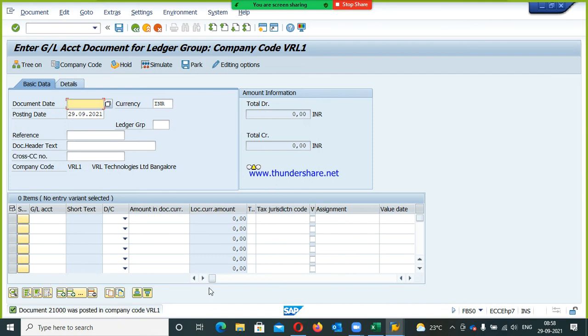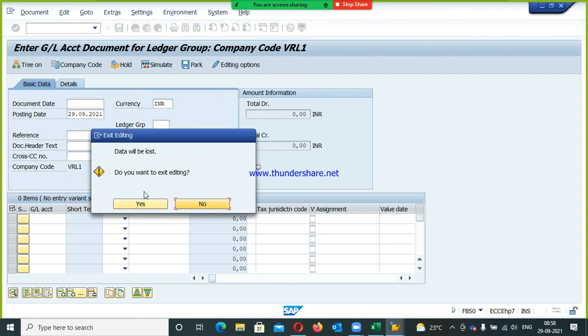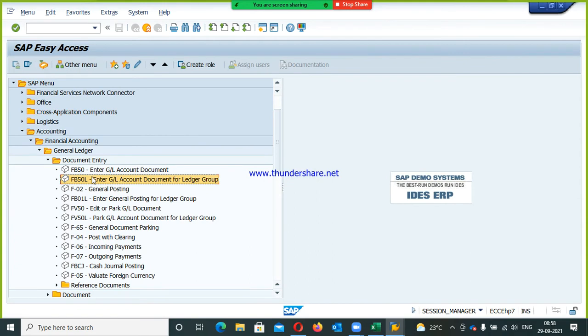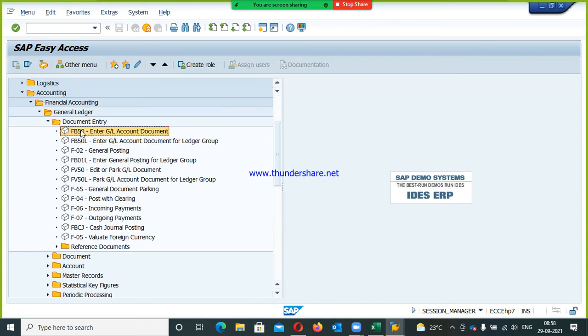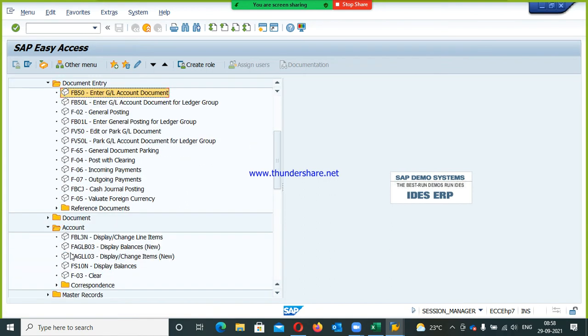Now, the entries we post in FB50L, we can view the report in a different T code. Earlier, the entries we posted in FB50, we used to see the balance in FBL3N or FS10N. Now, we are not going there. Now, we are going to see in FAGLB03 or FAGLL03. So, this is line item, this is normal. So, I will go with FAGLL03,